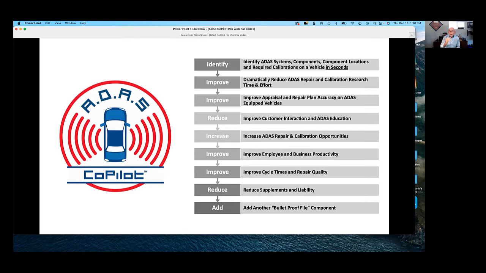You can see how quickly I'm able to get to the ADAS repair procedures based on our integration with ALLDATA. You can read all these other bullet points. There's a tremendous amount of benefit for the repair facility or anybody who's repairing or calibrating ADAS equipped vehicles.